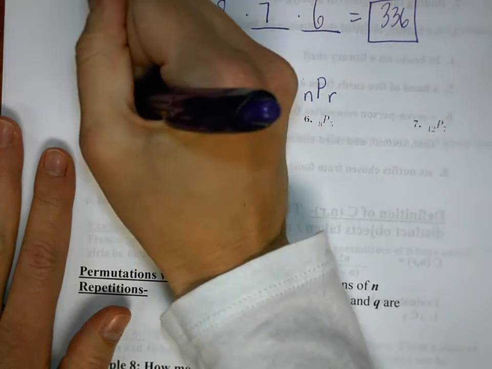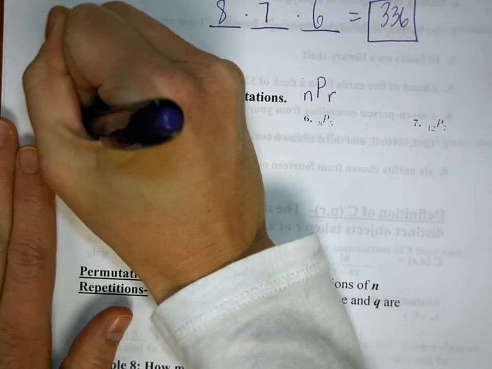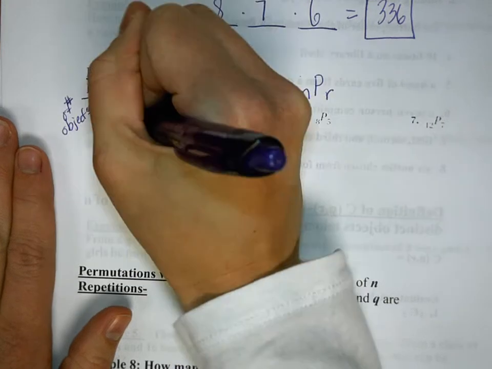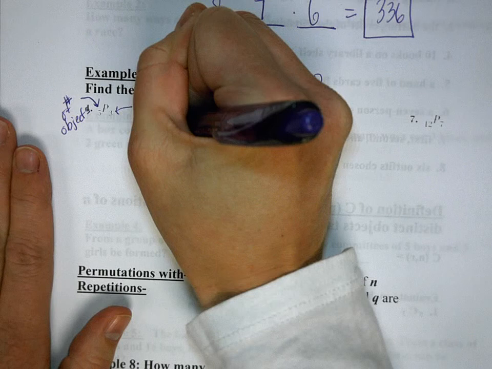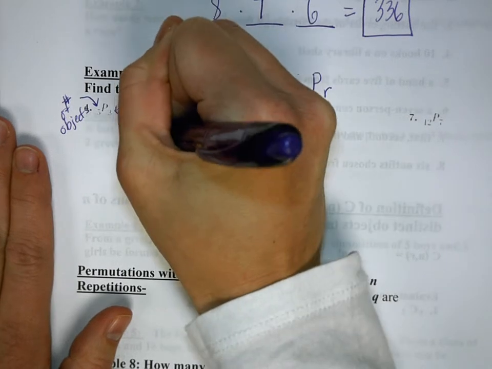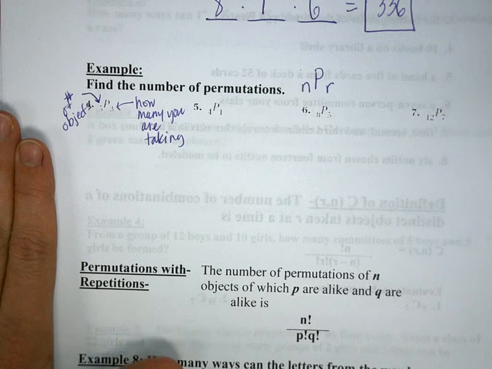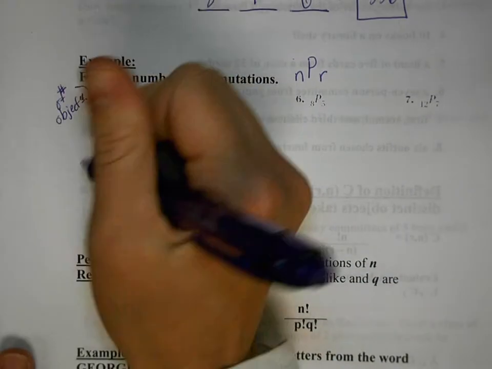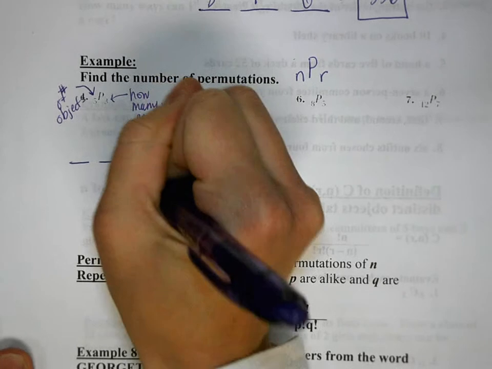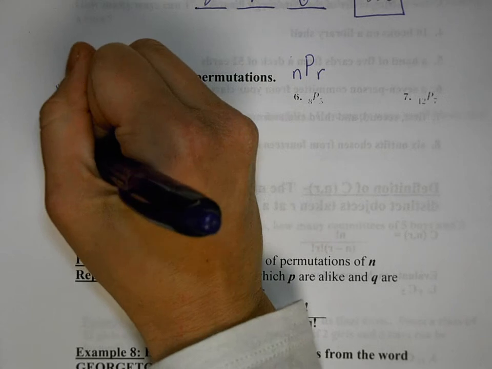So this number right here is your number of objects, and this is how many you're taking. So with that information, how many blanks are you going to want on number 4? Very good. You want 3 blanks because you're taking 3 of them. And what number goes in the first blank? 5 and then